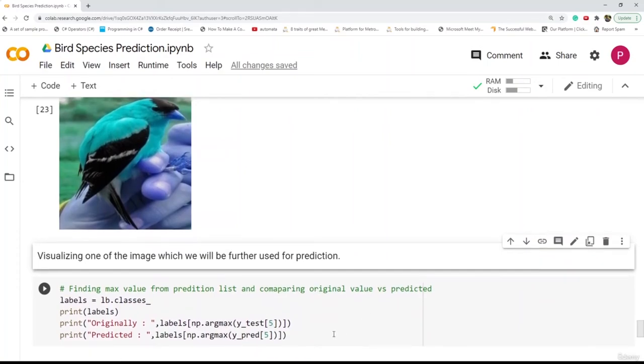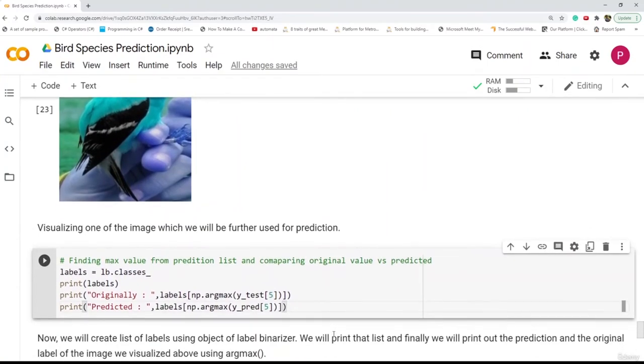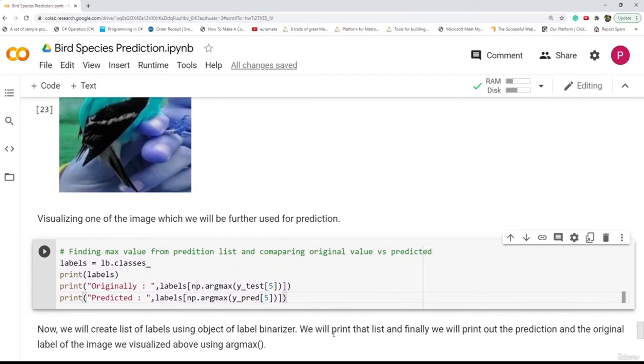Here we are creating a list of labels using the label binarizer object we used above, and we will print that list. Finally, as you can see here, we have written two print commands, in which one will print the original label and the other will print the predicted label using the argmax function.